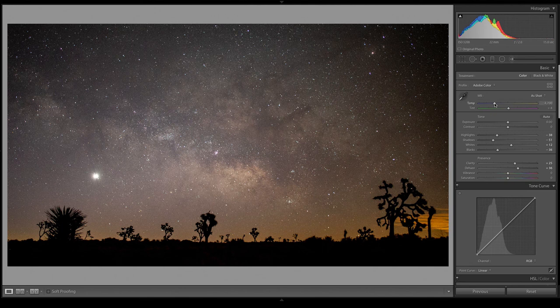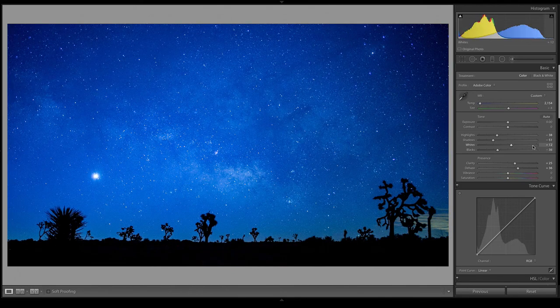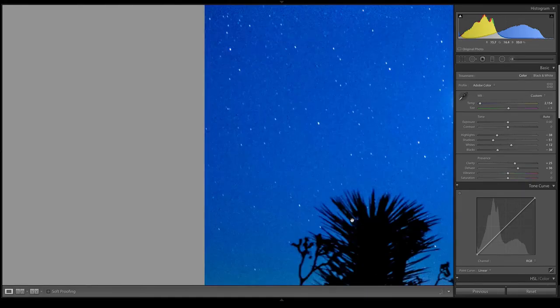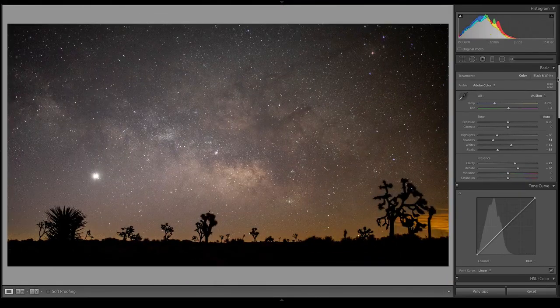Now, what I could do is take the white balance right here and drag it all the way to the left. Great, we got a blue sky. The issue is that we lose this information in the horizon skyline. We lose that warmth that was created by probably the sunset or maybe some lights from cities beyond the horizon, and I don't want to lose that. I actually like how there's some warmth at the bottom and some blues up top, creating some sort of gradient.